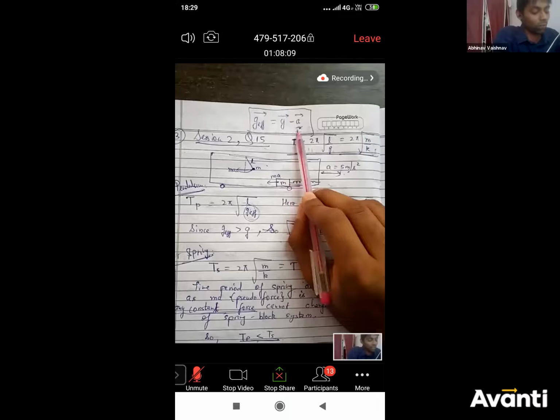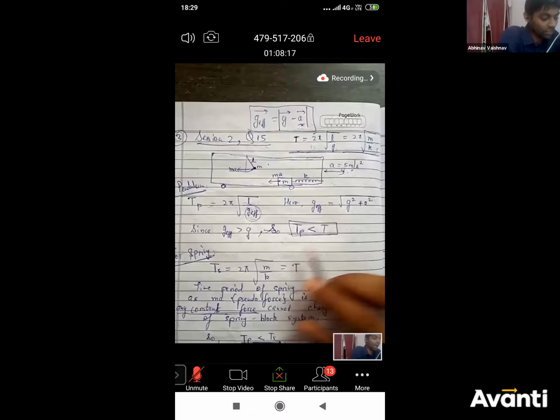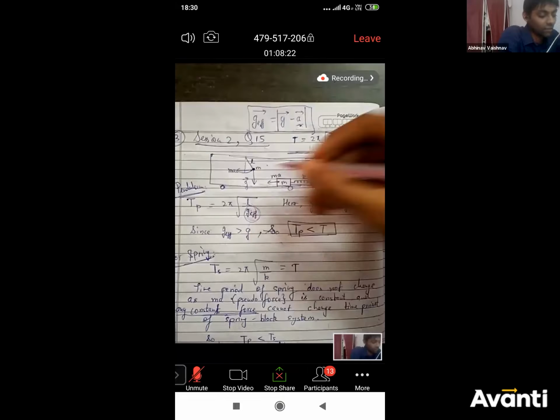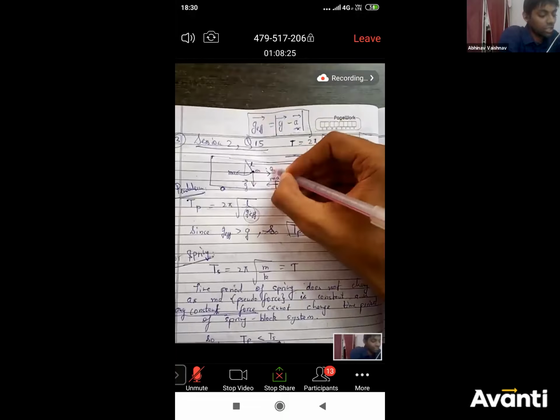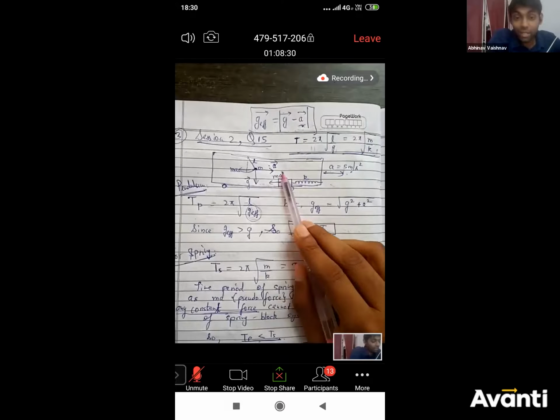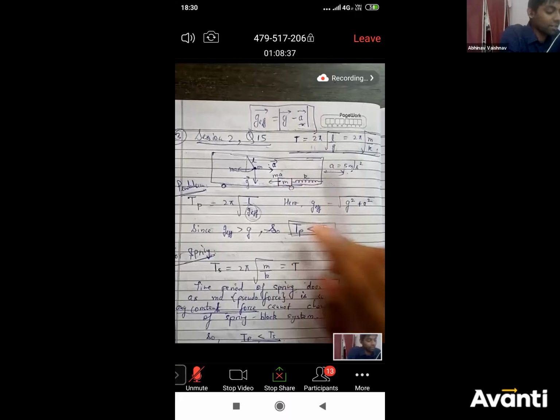Can anyone tell what will be the magnitude of this G vector minus A vector? What will be the magnitude of G effective? So G vector on the pendulum is like this, okay? And the acceleration vector is like this. So what is the angle between them? What is the angle between G vector and A vector? Quickly write on chat. What is the angle between G vector and A vector? 90 degree. Everyone is able to see the angle between G vector and A vector is 90 degree.